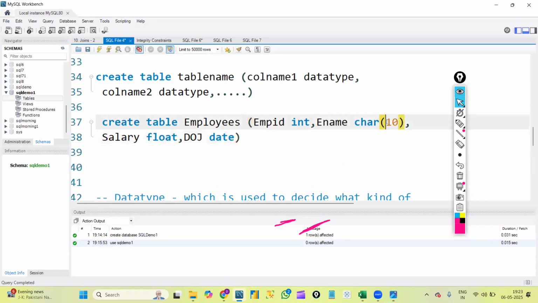That means I'm defining the size as 10 here. If I am defining the size as 10 here, I can insert up to 10 characters only in this particular employee name. If I try to enter more than 10, an 11 letter word or a 12 letter word, it will throw an error stating the data is too long to enter. Because we are giving only 10 bytes of memory, we are defining 10 as the size for this particular column